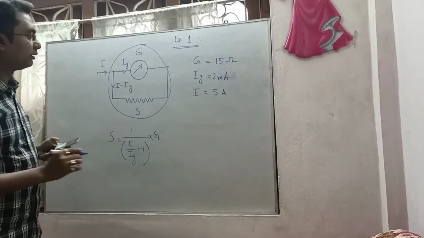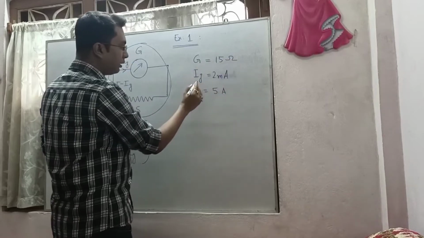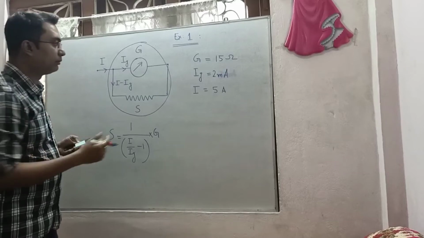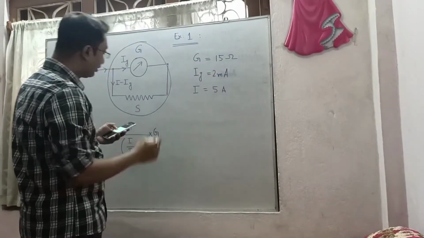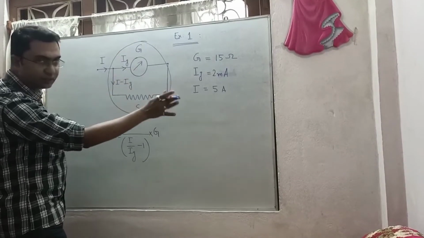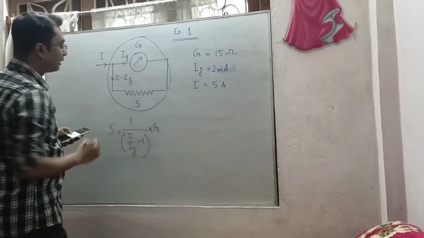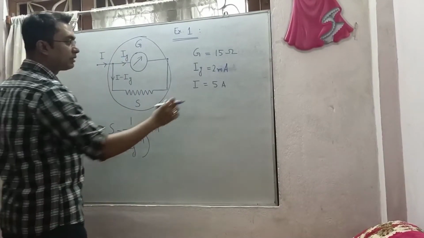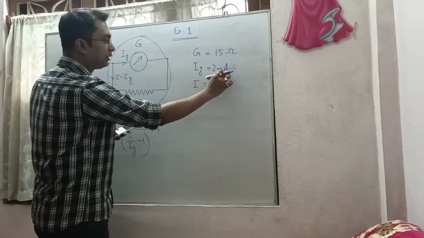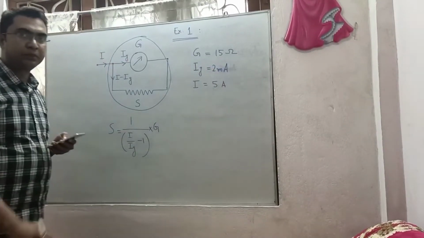Now here it is given that the resistance of the galvanometer G is equal to 15 ohm. Ig, that is the current which the galvanometer can take a maximum, is 2 milliampere. And when 2 milliampere current, that is the maximum current, will flow through the galvanometer, it will show full scale deflection, that is its full range. Now we have to convert this galvanometer into an ammeter which can measure a maximum of 5 ampere. Now this galvanometer can measure only 2 milliampere. Now it will be converted into an ammeter to measure a maximum of 5 ampere. Now how can you do it?